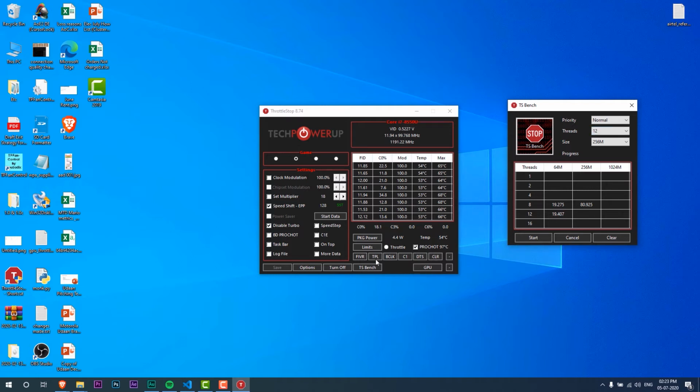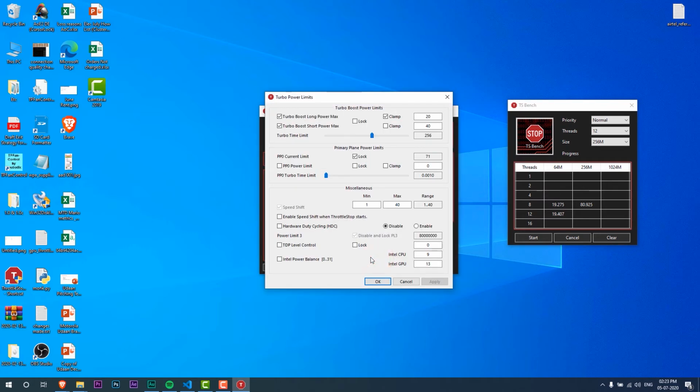The next thing that we're going to go through is the TPL, which is also called the Turbo Power Limits. This section helps you specify a time for which the CPU will stay in its turbo mode. There's two types of turbo modes built into CPUs, either a short turbo or a long turbo, and you can play around with this timer here. For me, it was originally set at around 27 odd seconds, but I can effectively drag the slider towards the right to increase it to a very high value to ensure that the CPU stays in turbo mode.